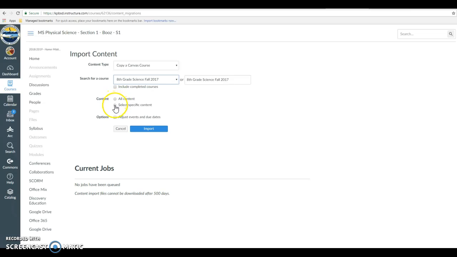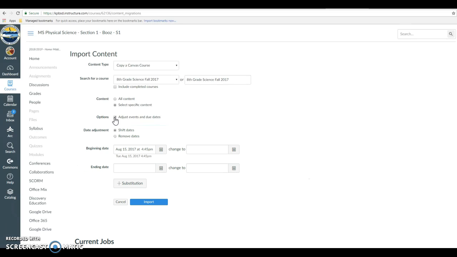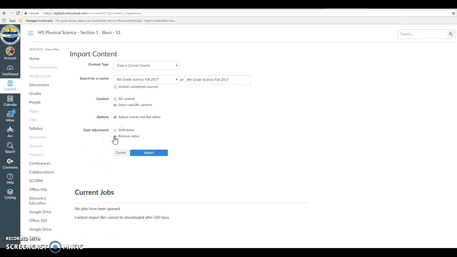And I actually don't want to include all content. If you click all content, everything you did gets dumped in, which may be what you want to do. I don't. I like to do a little bit at a time so I don't get overwhelmed. And then I also like to adjust the events and due dates. If you don't, it's going to maintain the same due dates, and I found that got a little bit confusing. So I'm just going to go ahead and remove all the dates so that I can redo them however I want. Once you have those settings, you're going to click Import,